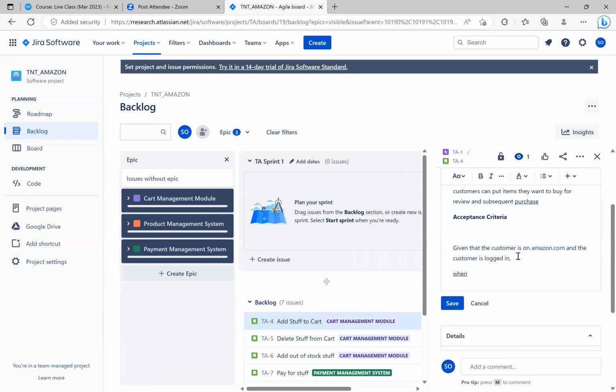When the customer selects a product and drags the product into the shopping cart, then the shopping cart should be updated with the product name, the product price, and the